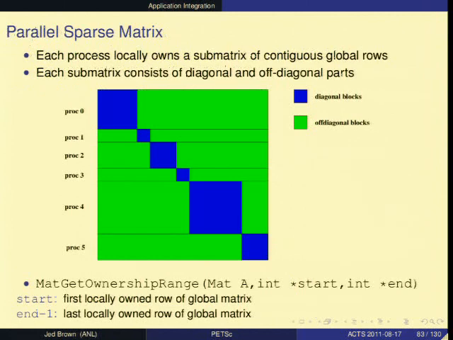For parallel matrices, what if you don't know a priori how many non-zeros you're going to have? Is it just slower? It's just slower, but sometimes it's a lot slower. Okay, but that's a one-time thing. Yeah, you only pay it the first time. So if throughout your problem the matrix structure doesn't change, it's a one-time allocation. It's highly recommended. Otherwise, it's much better to set some upper bound on what you expect.